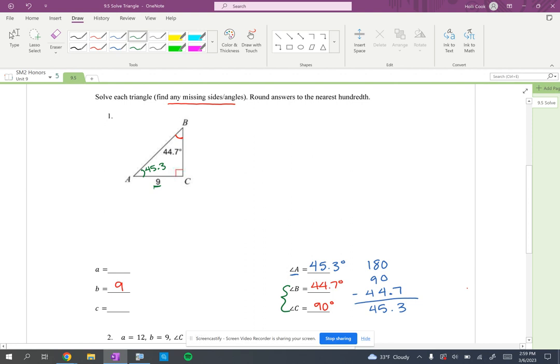And then let's say we want to find side A over here. Okay, side A. So that would be opposite over adjacent, which is tangent. So we need the tangent of angle B, which is our 44.7, equals the opposite, 9, over the adjacent, which